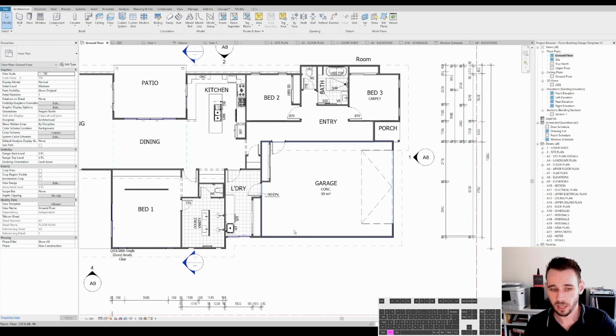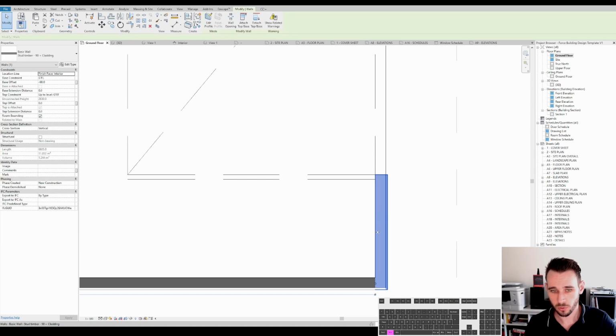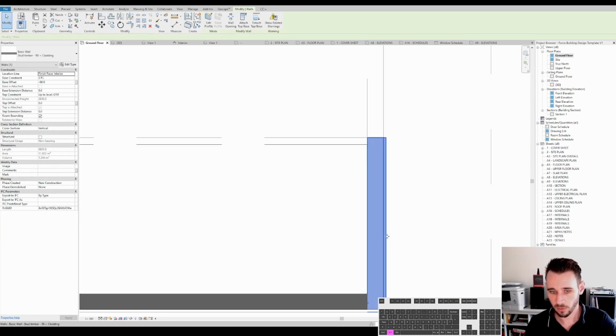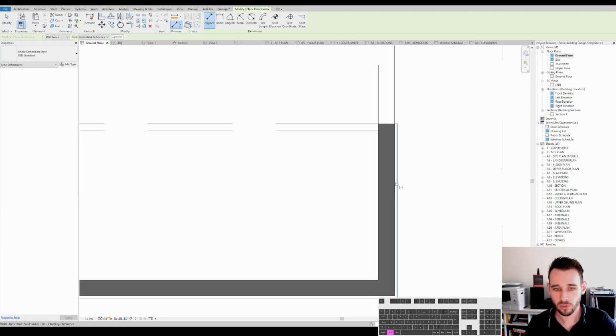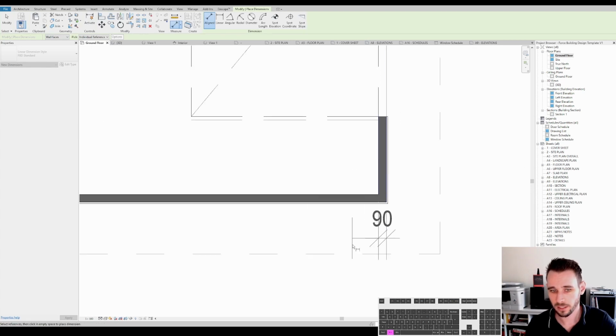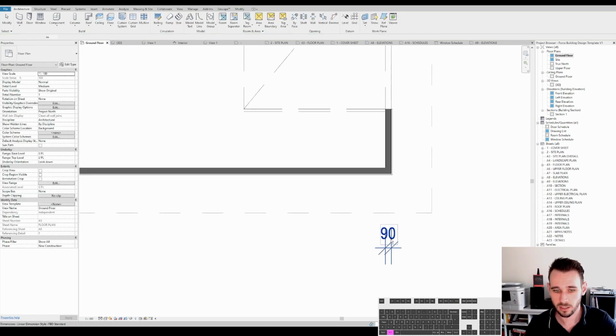Something else to be very careful of. When I showed you all how to make this wall with this 15mm layout out in the face here, when you're dimensioning this wall, you have to be extremely careful not to dimension to the outside face. You always want to dimension to the inside face. So if this is a 90mm stud wall, that dimension should be 90. It should not be